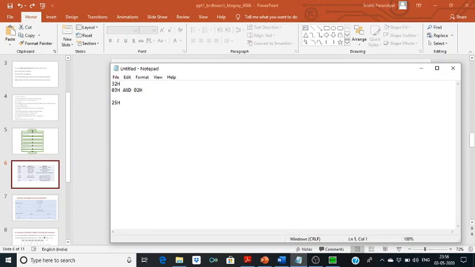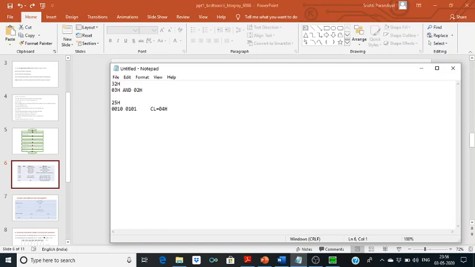Its binary equivalent will be 0010 0101. CL is 04, which means we have to shift 4 times.